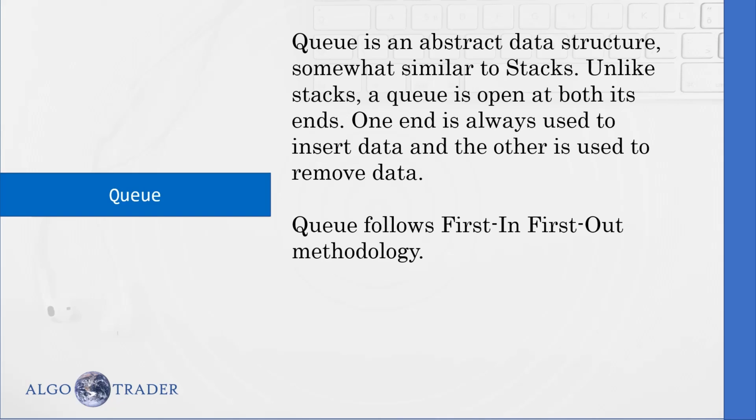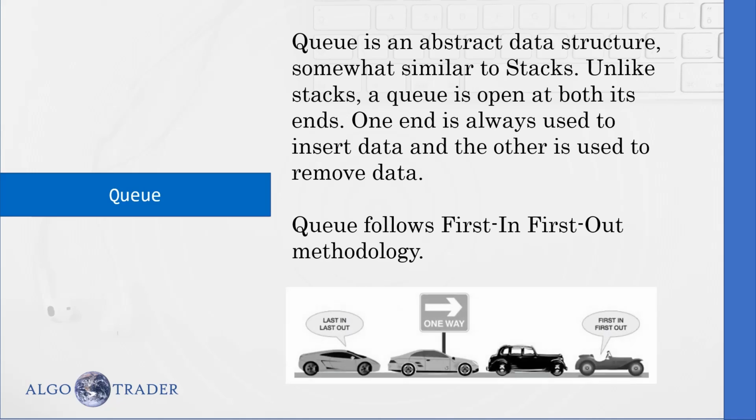There are so many real life examples, like standing in a queue while paying the bills in the supermarket, while collecting the tickets at cinema halls, or if you see the vehicles going in one after another at the toll gate. Whatever vehicle entered first will come out first. So that is queue. It's a normal queue.